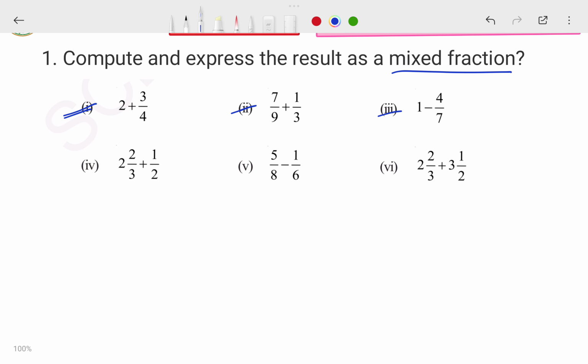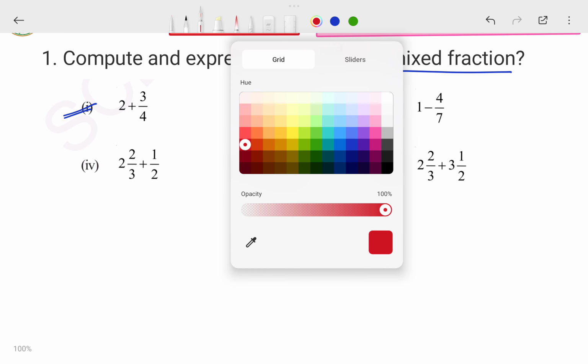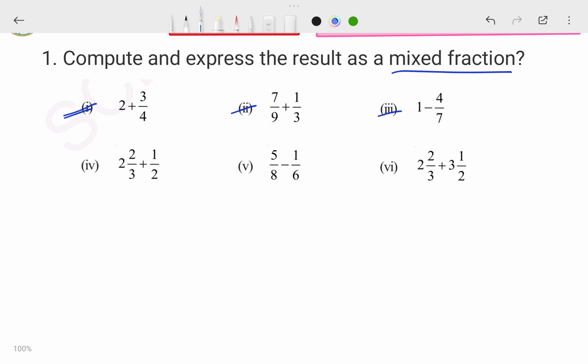I take the black pen to write the question because it looks amazing. The first question is: 2 plus 3 by 4. Now let's solve this question. I will solve this with the black pen, otherwise I will take the green pen. Before I solve this question, one thing to always remember: